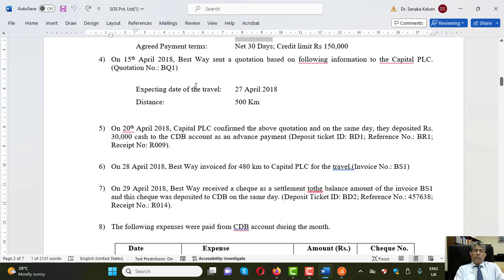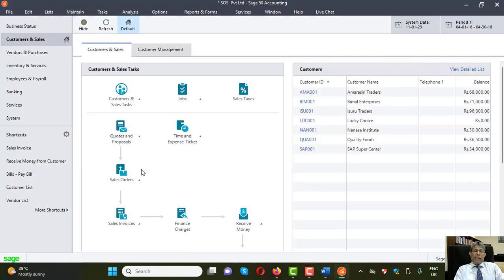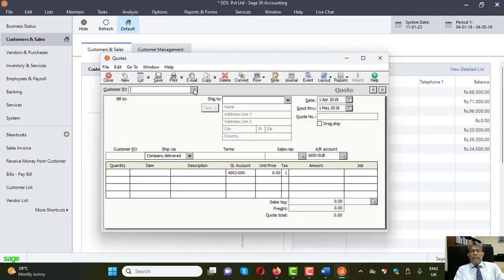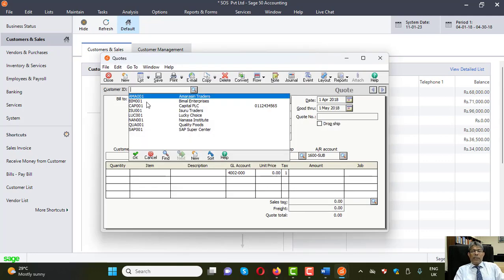On the 15th of April 2018, Bestway sent the quotation based on the following information to the Capital PLC. Quotation number BQ1. The expected date of travel needs to be 27th April and the distance needs to be 500 kilometers. So this quotation needs to be created for the customer. So under the customer ledger, you can see the quotations and click the new quotation. And then you can select your customer now. The new customer is there,